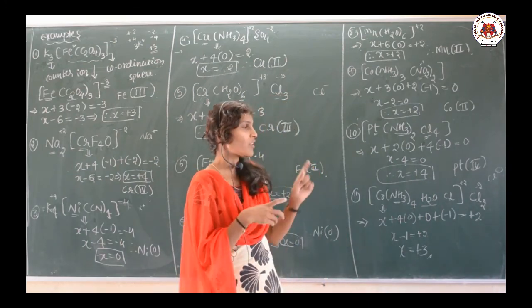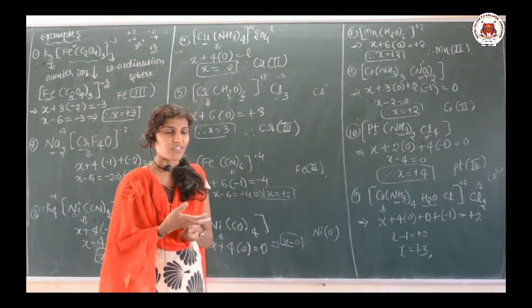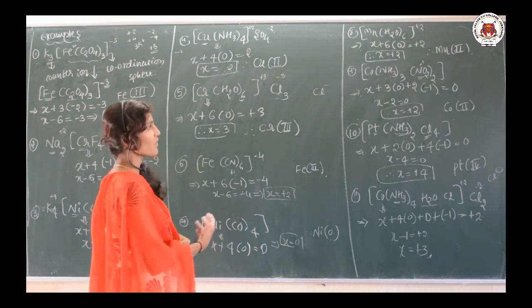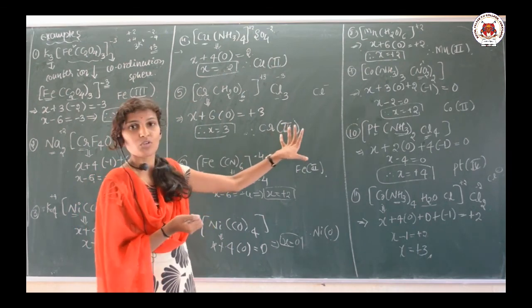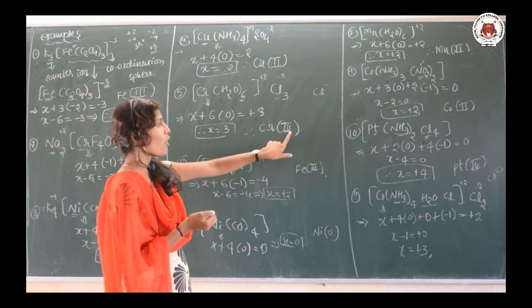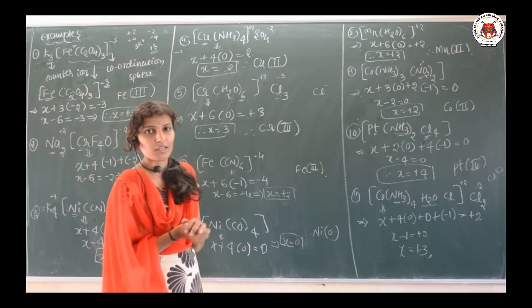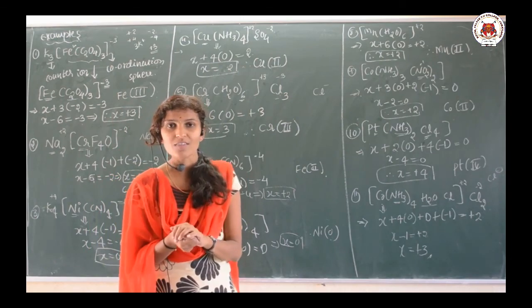Okay. I hope it is clear for you. Just go for practicing a few more examples of this type. Here I have shown 10 to 11 examples. You can go for a few more examples, so you will get clarification. While naming, this is also important. If you write a wrong oxidation state or a wrong oxidation number, you won't get the correct marks. Clear? Further we will continue in our next class. Thank you.